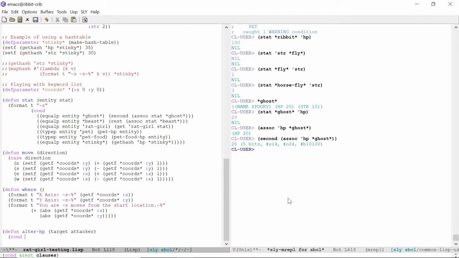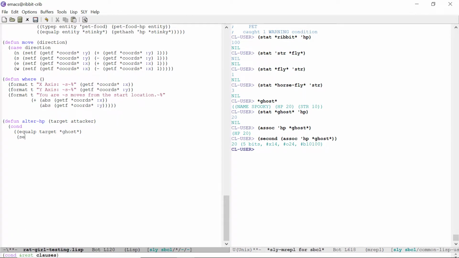So we're going to say cond, and then we'll say equal P target ghost. And for right now, only Rat Girl or Rivet would be attacking these people anyway. Like the enemies, the ghost and the beast won't attack each other for now, at least. So equal P target ghost. Then we'd say set F second ASOC HP ghost